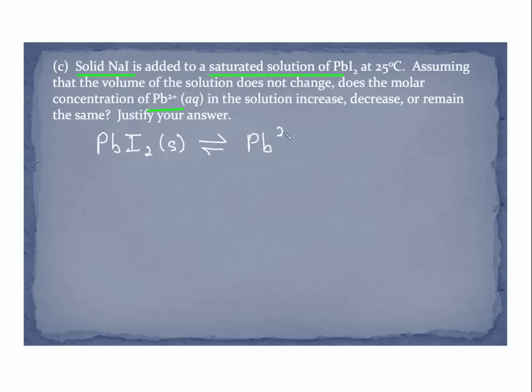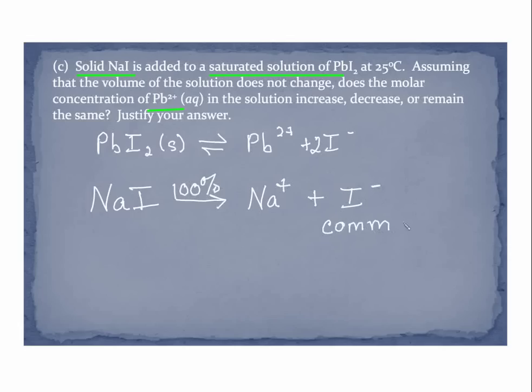All right, and that's going to lead to lead ion plus iodide ion. Now, the key to this is to realize that NaI, sodium iodide, which is a soluble salt, goes 100% to sodium ion plus iodide ion. What we're doing here is adding a common ion. So now we can